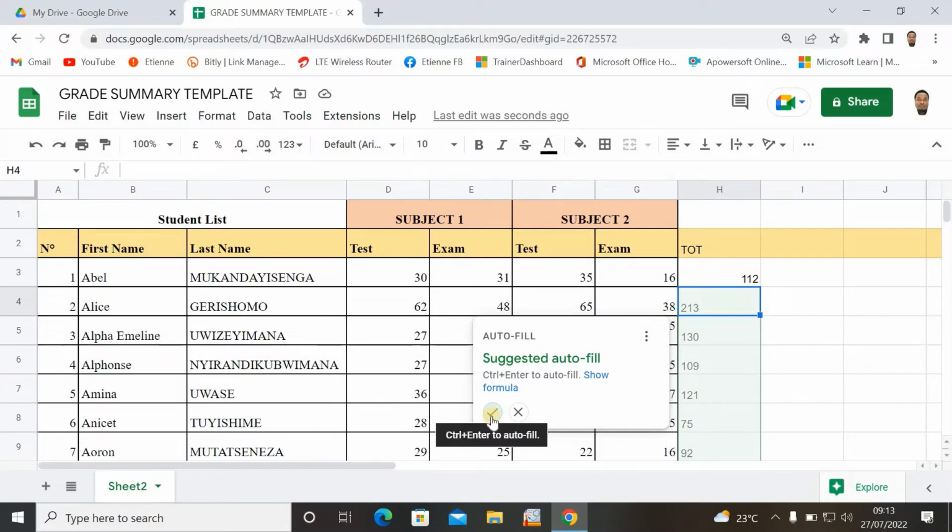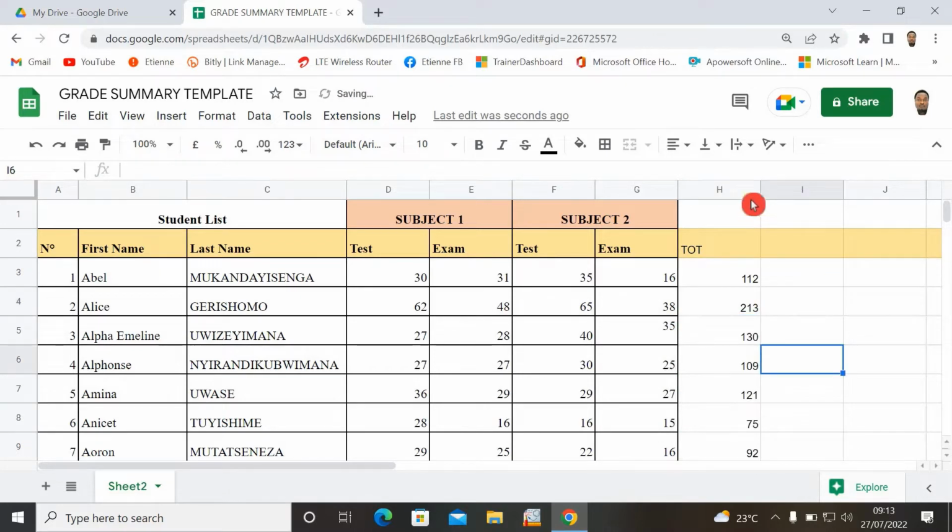I can accept this, or I can reject it, put my cursor here on the autofill handle, and scroll down to copy the formula. It's the same. Let me accept the suggestion, and here you see I have now